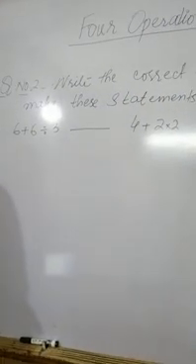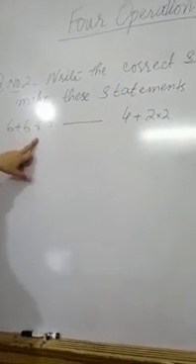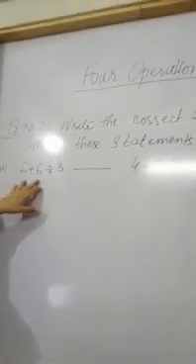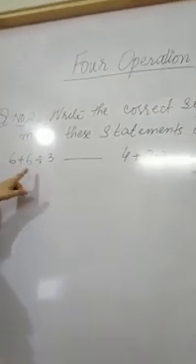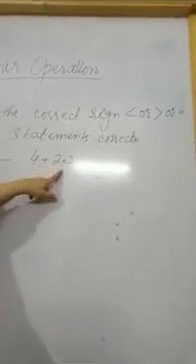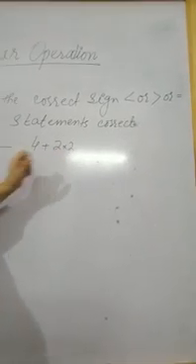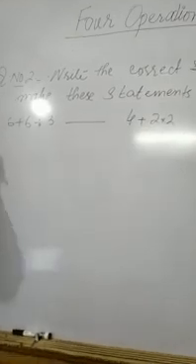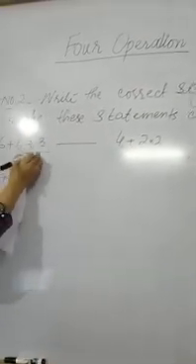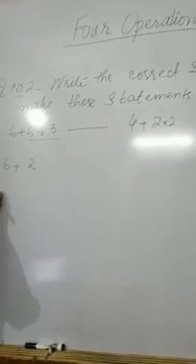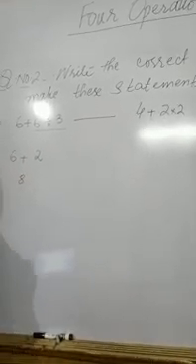Now in question number 3, addition and division is present, and where the combination of addition and division is present, we have to apply the DMAS rule over here. And here again the addition and multiplication is present, so we apply the DMAS rule over here. So first of all, we have to solve it here. We do the division first. So 6 divided by 3 is 2. So this is equals to 8.